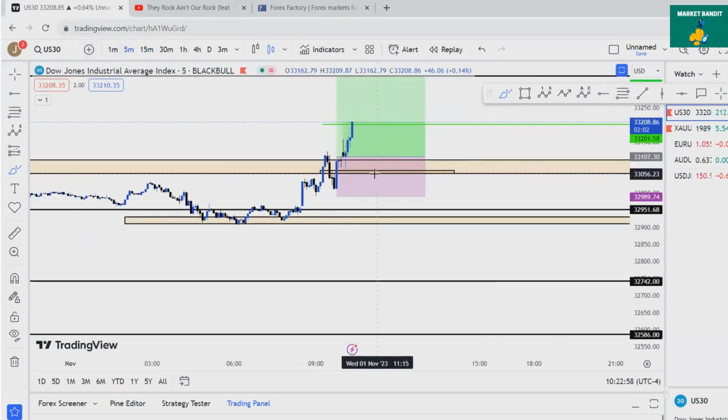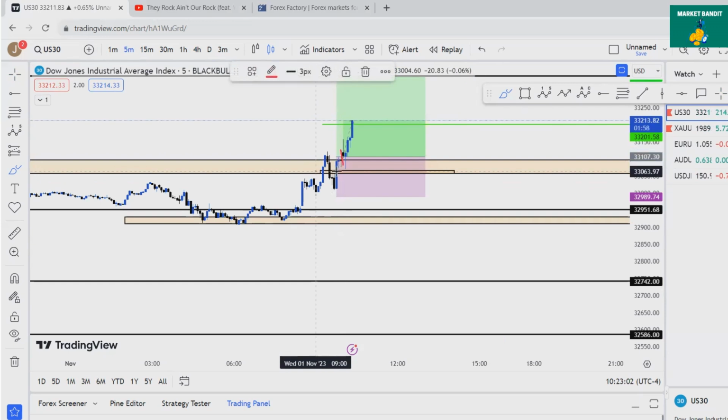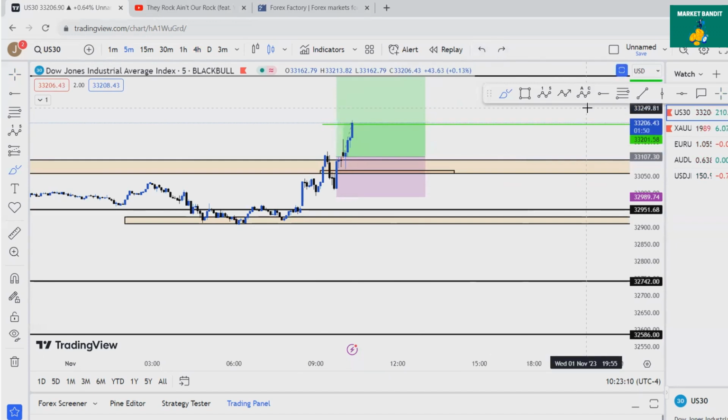So if we go back to the 15-minute time frame, we see that the market pulled back, retested the structure here, and then as it started rejecting, it was a beautiful trade to take to the upside. TP1 just smashed as well, 1,000 pips. Let's go. I didn't want to curse, but let's go, man.